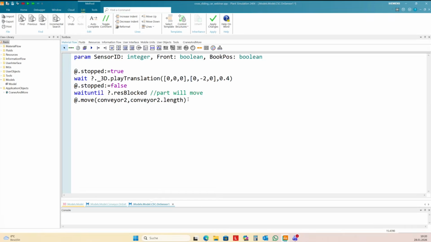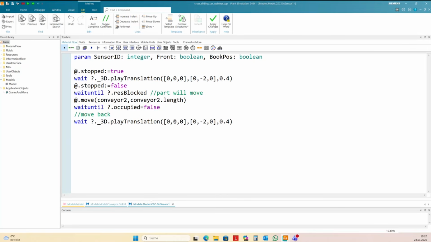Then I need to wait until the part has moved completely out of this cross sliding car, and then I need to move back. And this is quite the same. It's blade translation.